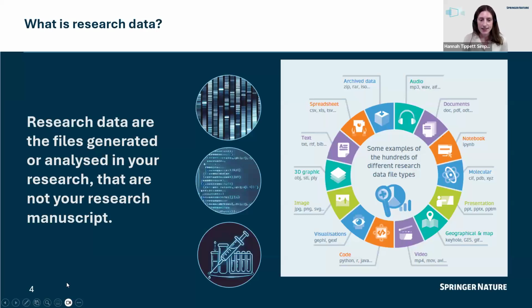Right, so to get us started, I think it's helpful to define what we actually mean by research data so that we're all speaking the same language. Research data are the data that you generate, collect or analyze during your study. They typically represent the core set of measurements, observations, or outputs that will form the basis for your findings and that go on to support the conclusions of your work.